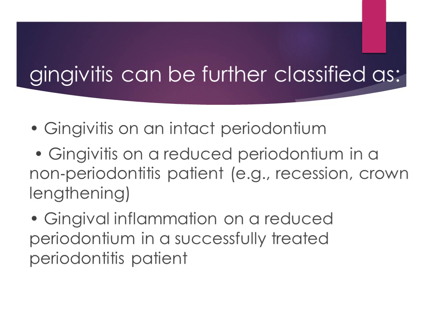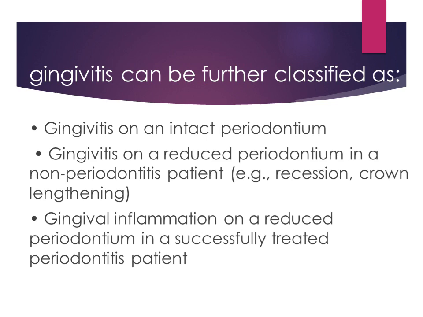Or gingivitis on a reduced periodontium in a non-periodontitis patient means that destruction of the supporting apparatus occurred as a result of recession due to faulty toothbrushing, a crown lengthening procedure, or orthodontic treatment. Also, we may have gingival inflammation on a reduced periodontium in a successfully treated periodontitis patient, as we call it,